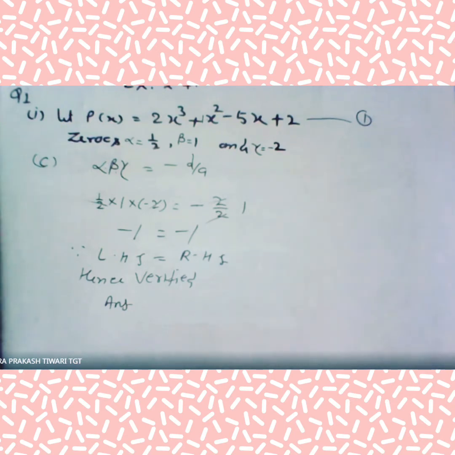ठीक है, तो देखिए फाइंड द क्यूबिक पॉलिनोमियल. इन दिस टाइम यू विल फाइंड द क्यूबिक पॉलिनोमियल. इस बार क्यूबिक पॉलिनोमियल को फाइंड करना है विथ the sum of product of its zero taken 2 at a time and the product of its zeros as 2 minus 7 minus 14. समझ गए ना.